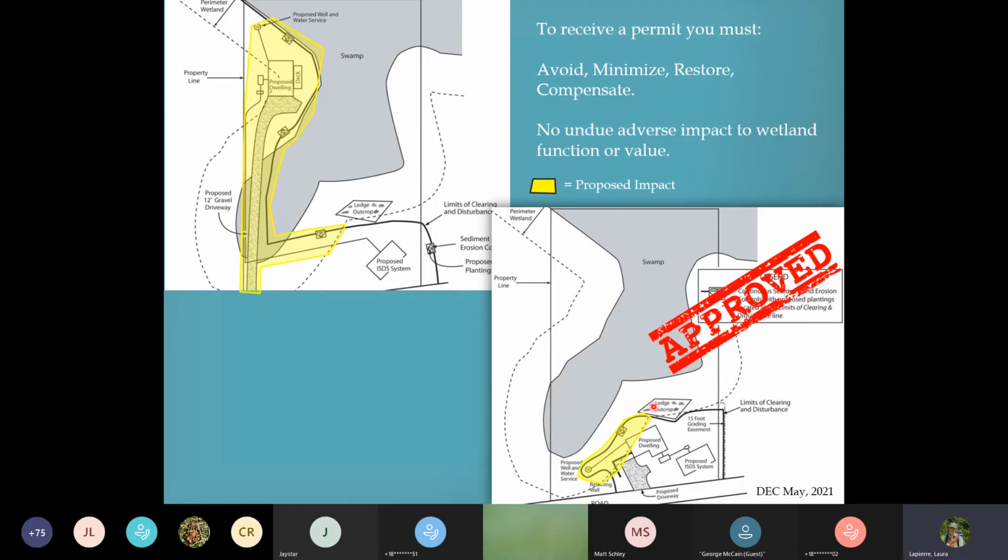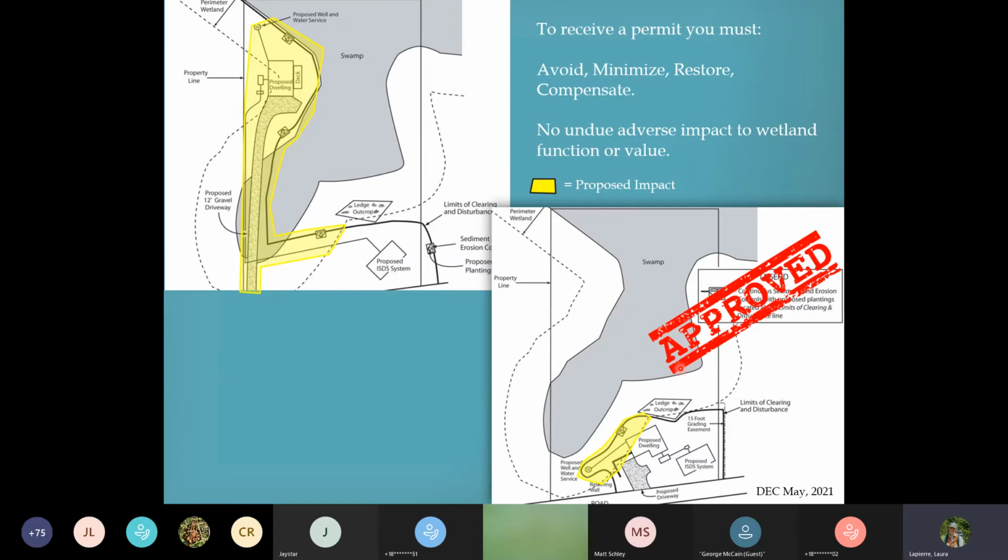You see that the well and the less impactful areas, most of the buildings are outside of the buffer zone, the entire driveway is. So that's the approvable version of the same project purpose.